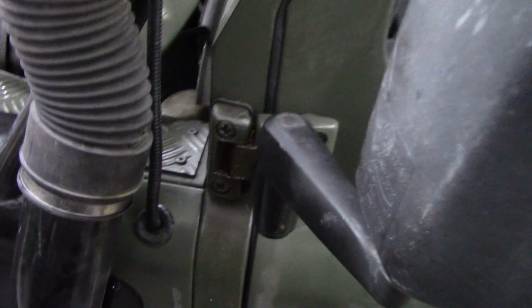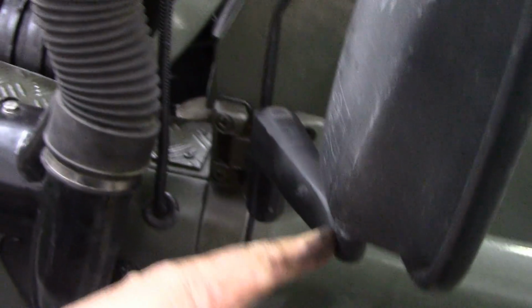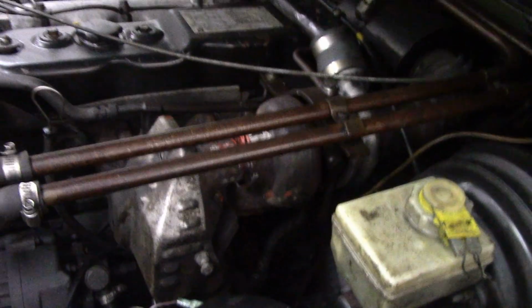Let's have a look around. Like I say, hinges, they've been done. Mirrors. You see how nice and easy they are to move. Because sometimes they're so seized up, if you hit something or a branch or a tree or something like that, you'll end up snapping the mirror off. Well, you don't want that. And there we go. So the next thing I've got to do is just go around